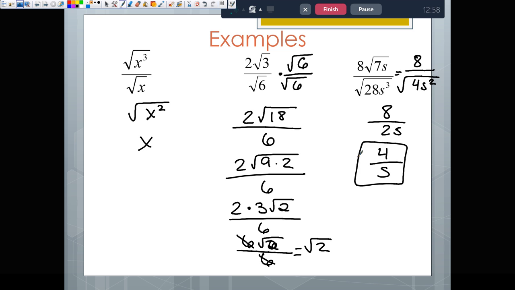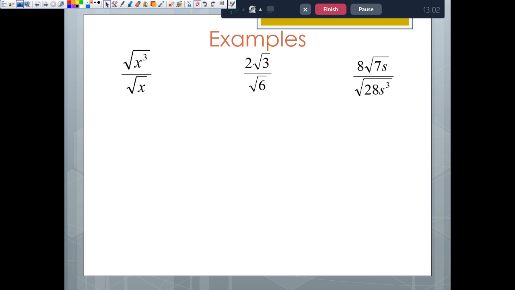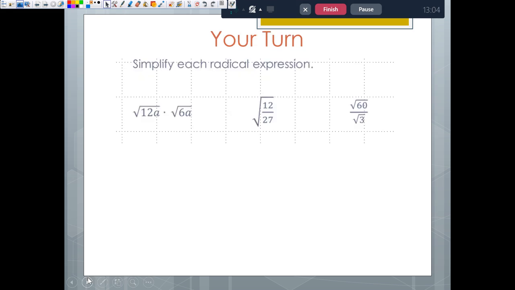Alright, and we have a your turn here, but we'll just do it together, okay? So we're multiplying here. So I need to multiply my insides first, or I can reduce first. It's really up to you. I like multiplying first just so that I'm not missing anything. So I'm going to multiply 12a times 6a, and I'm going to get what? 72a. Yep,